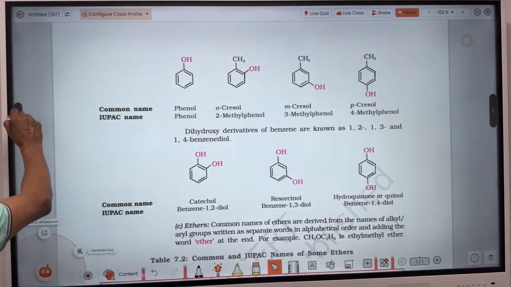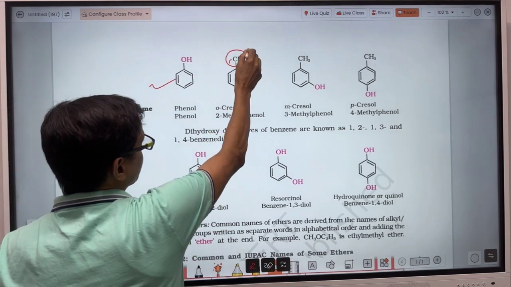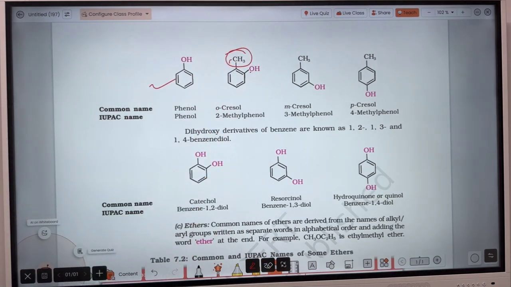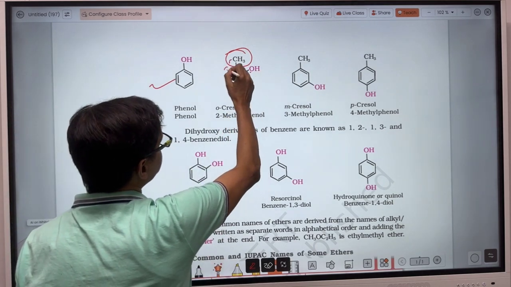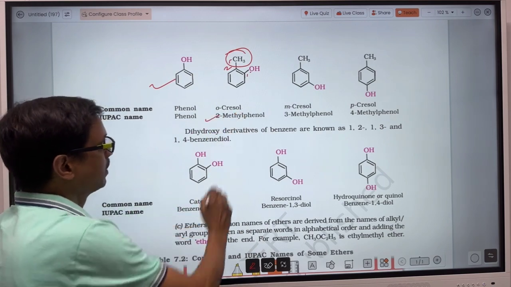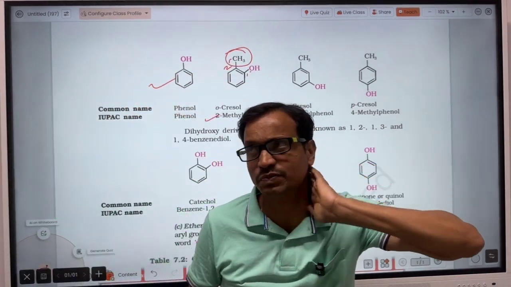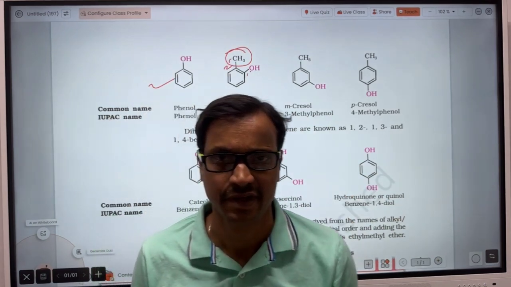So here, when OH is attached to the benzene, that we call phenol. When OH is attached here, and this is methyl, then when you have to write the IUPAC name, here is 1 and this is 2. So that will be called 2-methylphenol. So 2-methylphenol, and when the methyl group and OH group are both present in the benzene,